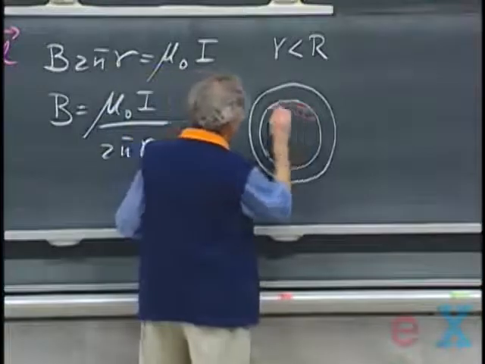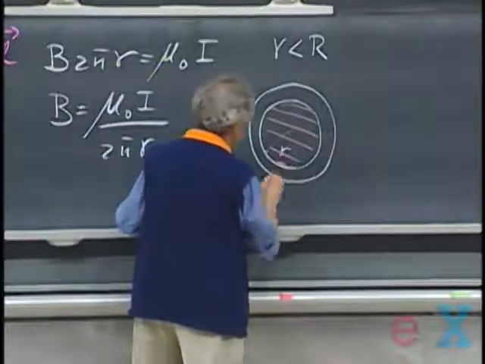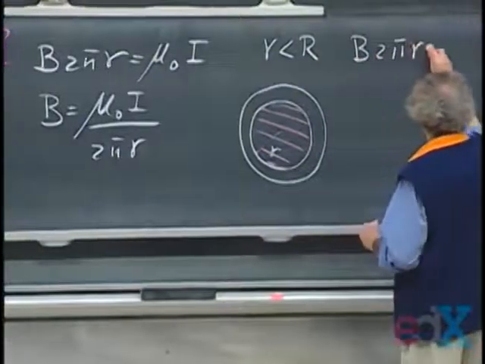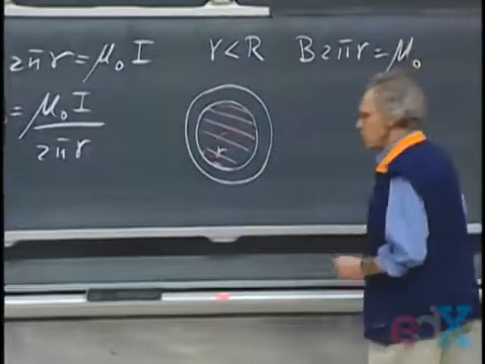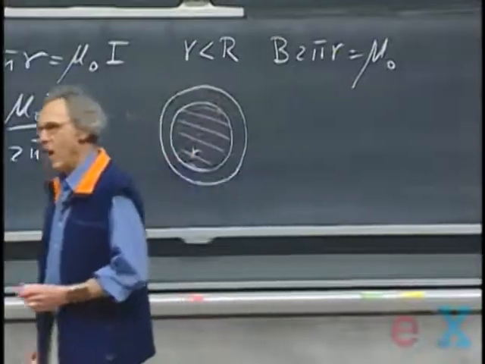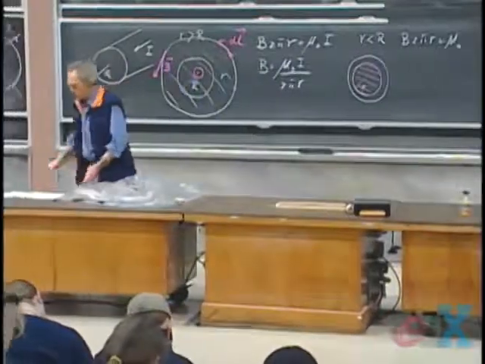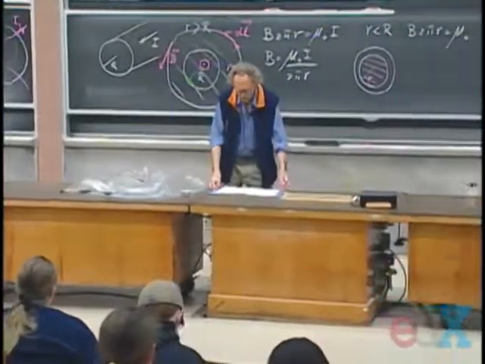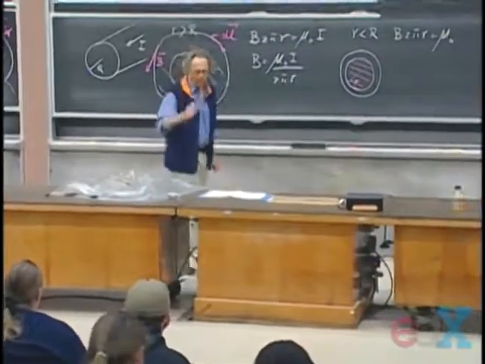And my surface that I attach is a flat surface. And so here I go, B times 2 pi little r equals mu 0 times, now I have to be careful. Because now not the full current I is penetrating my surface, but only a fraction